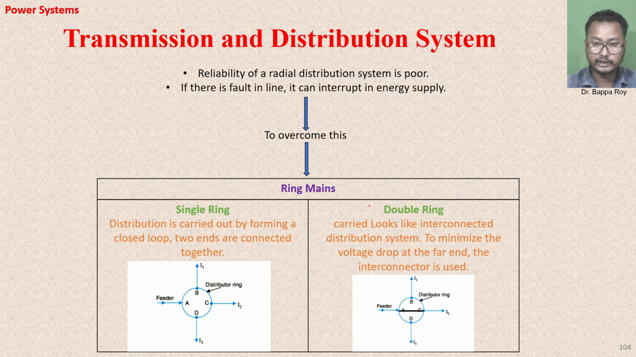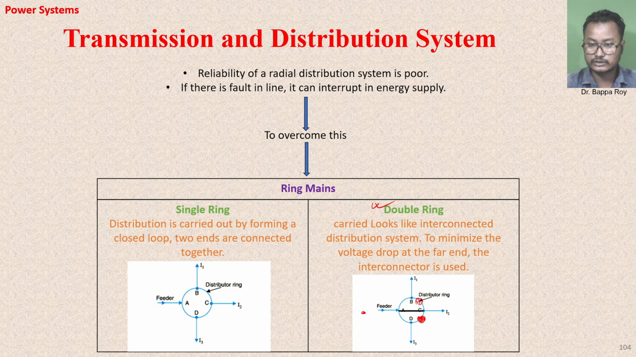And there is one more, the double ring. Another one is double ring. It looks like interconnected distribution systems to minimize the voltage drop at the far ends. The interconnector is used. The main thing is, from the main feeder, the far end is directly connected. What happens here? If there is a problem at the far end,